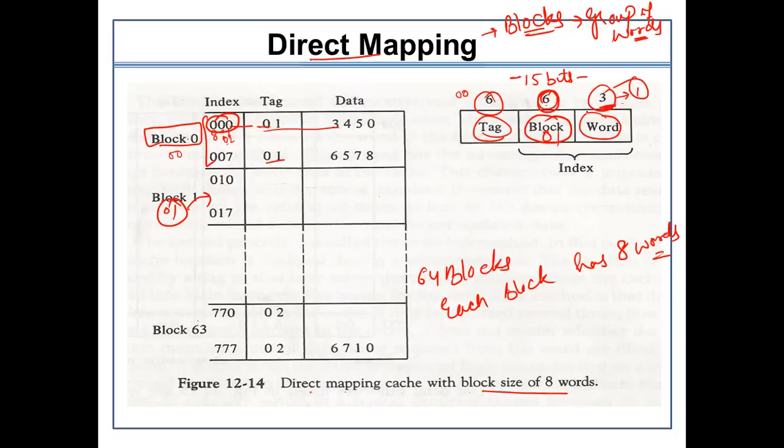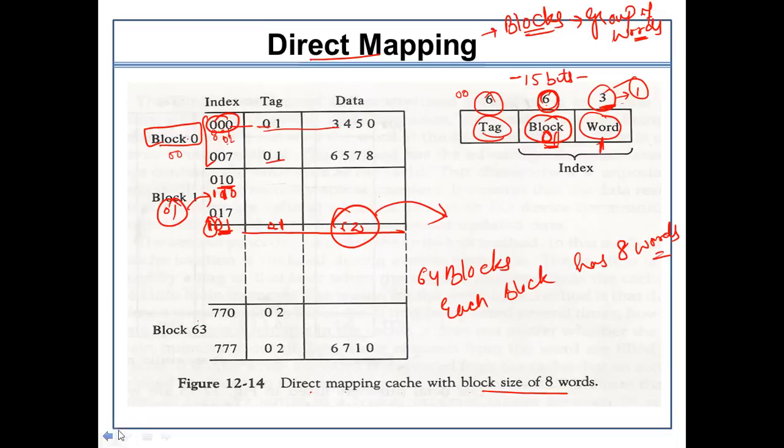See, guys, don't get confused here. Let's suppose this is the value here: 0, 1 and 1. So 0, 1 I have searched, suppose 0, 1, 0. So 0, 1 I will have to provide here, and the 1 is the word. So I will search for 0, 1 in the index bits and the 1 is the word. This particular value, along with the associated tag value, will be used to store the data. So ultimately we get this particular data back in the direct mapping procedure. I hope you have understood this concept.